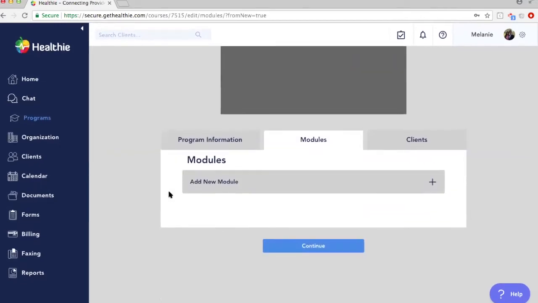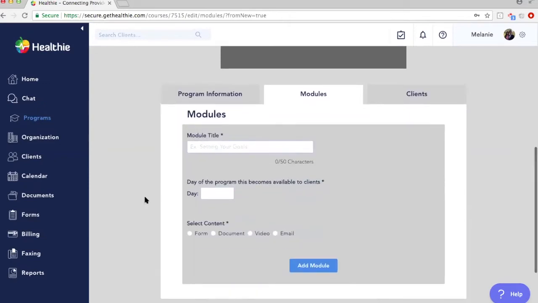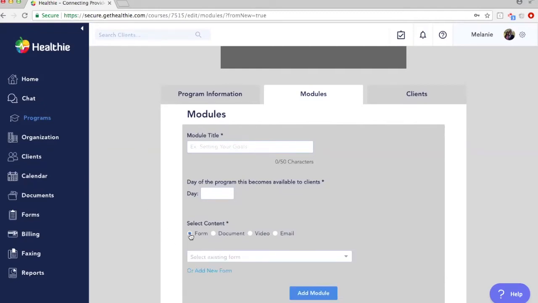And how we build that out is under the modules area in programs, and going ahead and selecting add new module. There's different types of modules that you can add, and we're going to go through each one of them. So the type of content, one is forms. So I can create any forms that I've already created, or I can create new forms that I want clients to fill out. So this could be a survey, a weekly journal, or anything we want them to fill